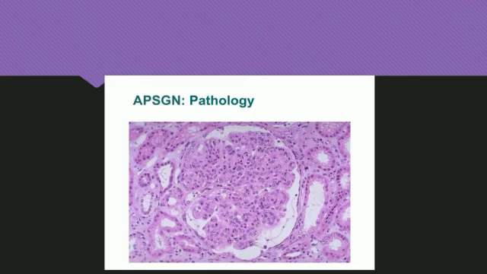Here is the APSGN pathology, the picture of the girl who is affected with APSGN. This is the renal biopsy picture of that girl, and it resembles the above picture that was explained before, with pathological alterations. Here we can see the wider Bowman's space and hump-like C3 and IgG also.